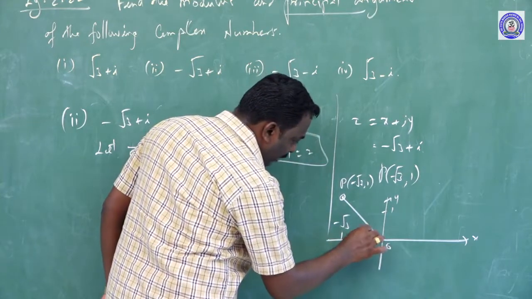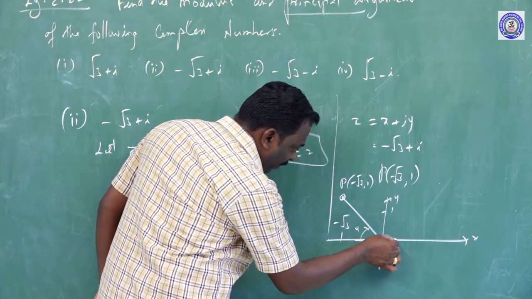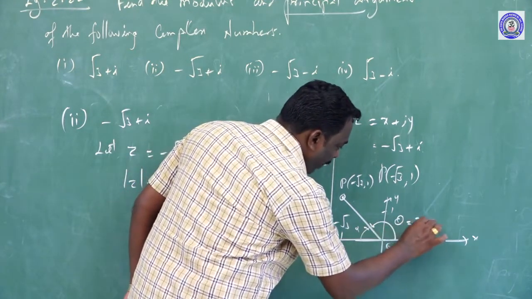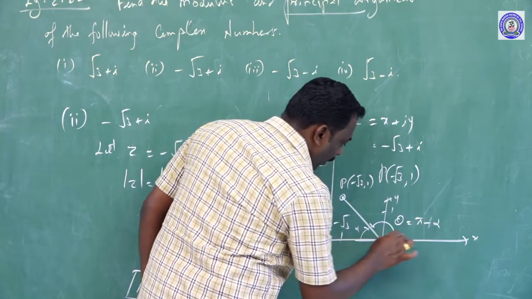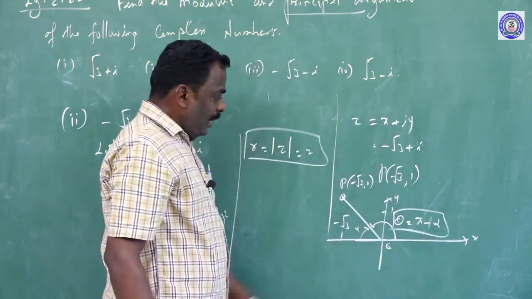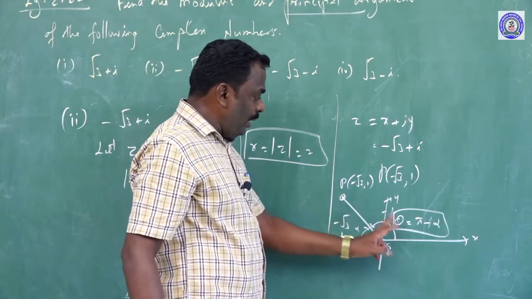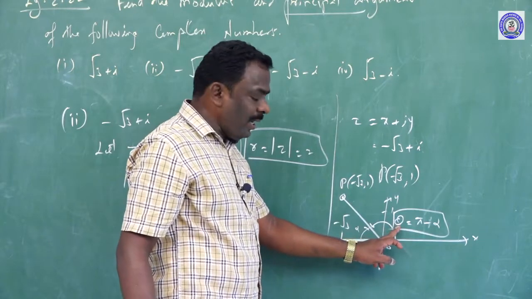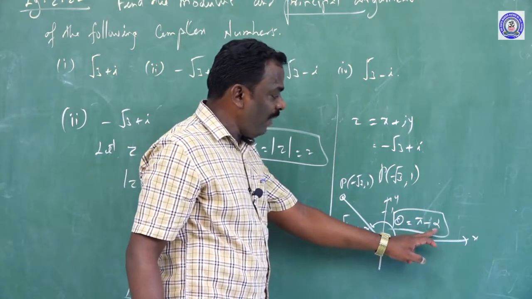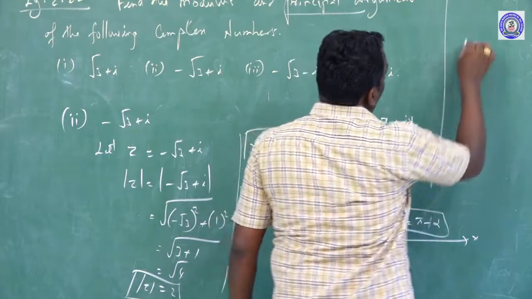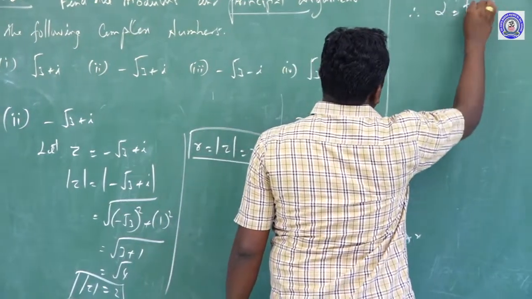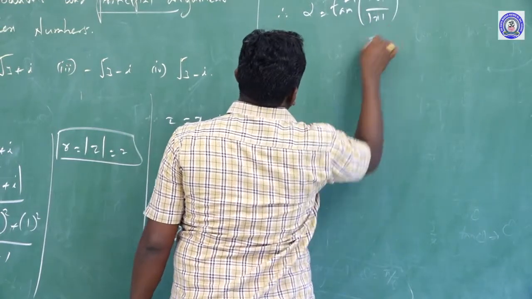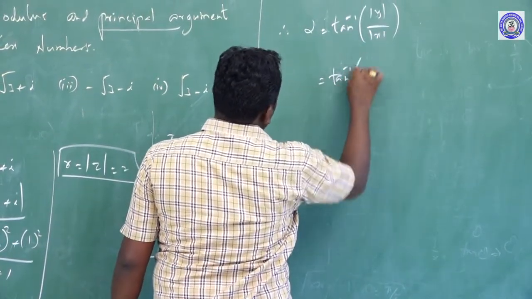Therefore, it makes an angle alpha. From the origin, this angle is called theta, which is equal to pi minus alpha. Understand? Therefore, theta lies in the second quadrant. The point, the complex number, lies in the second quadrant, so the argument theta is equal to pi minus alpha. Find alpha. Here alpha is equal to tan inverse of modulus of y by modulus of x, that is tan inverse of the y value.